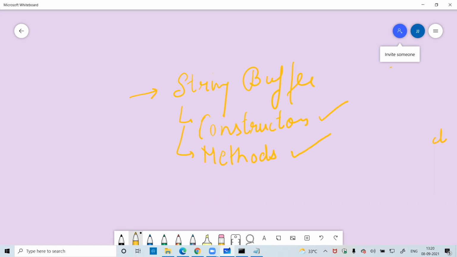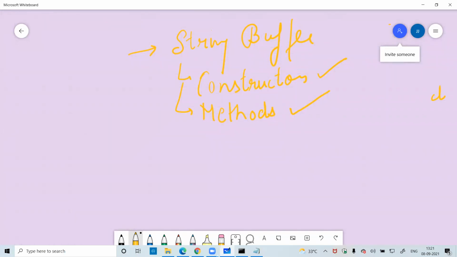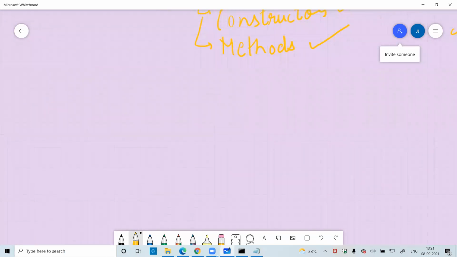Now let's start with the StringBuffer constructors, or the constructors of the StringBuffer class. These are the constructors which can be used within the StringBuffer class.